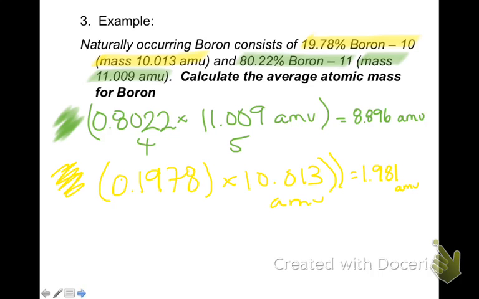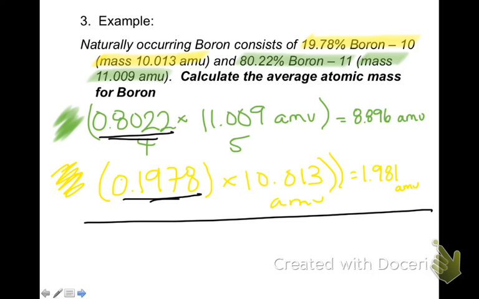Okay, so look at this. Because of the fact that it's a weighted average, we are going to reflect a lot more of this particular isotope because it's a lot more abundant than the second one here. So the next step is to add our totals up. So we're going to add these two numbers together. And if I add up 1.981 and 8.896, I get a grand total of